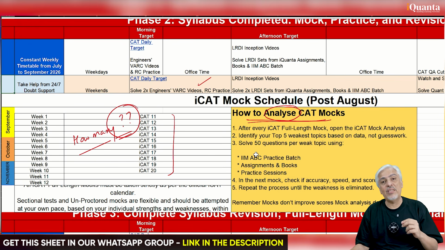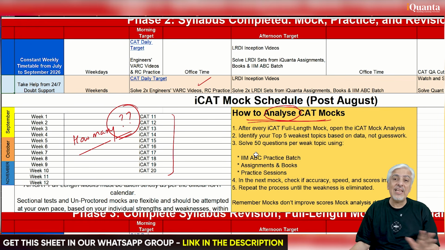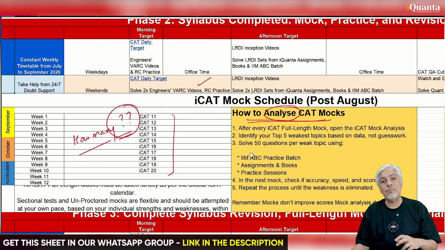So, for example, if you've taken 2 hours to write a mock, normally, if you're going to analyze it in detail, it will take you 3 to 4 hours. It means going through everything step by step. Not only the right questions, not only the wrong questions, but even the questions that you got correct. Even those need to be analyzed. And that is the important thing.